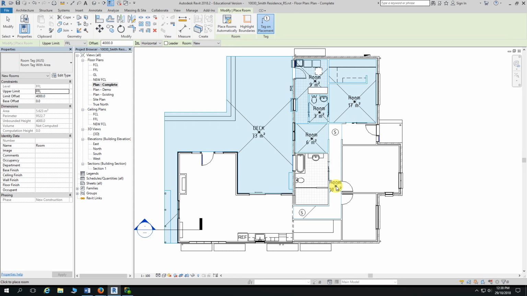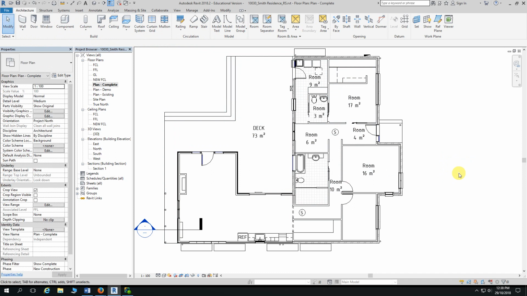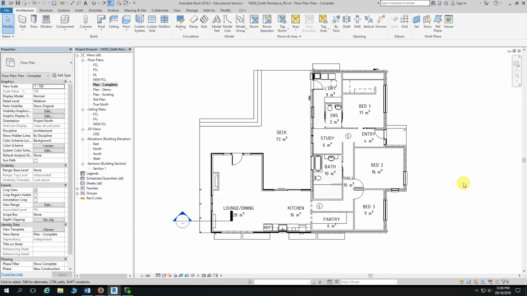In your normal rooms you're not getting any room measurements? There shouldn't be any reason why not. All right, so now that our rooms are done,